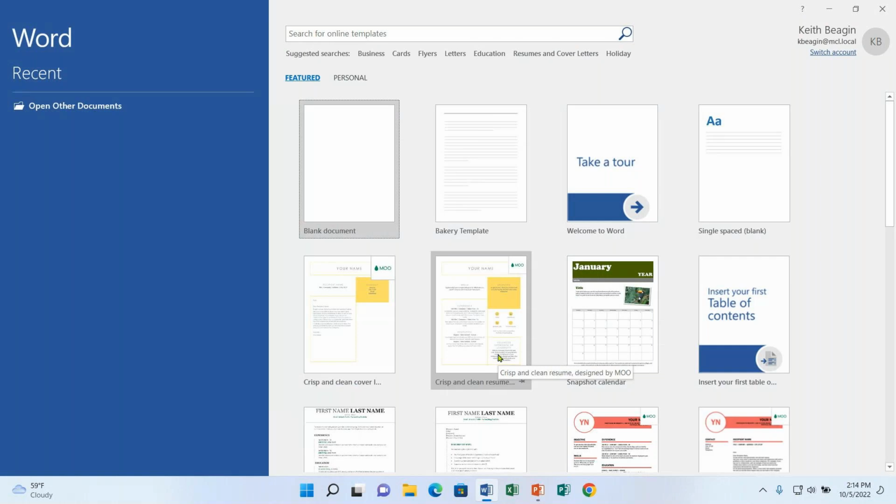All right, so when I open up Word, the first screen we come to is what's called the Start screen, and you're going to see something similar to this in all the other Office applications. The Start screen contains two main things. On the right side is a template